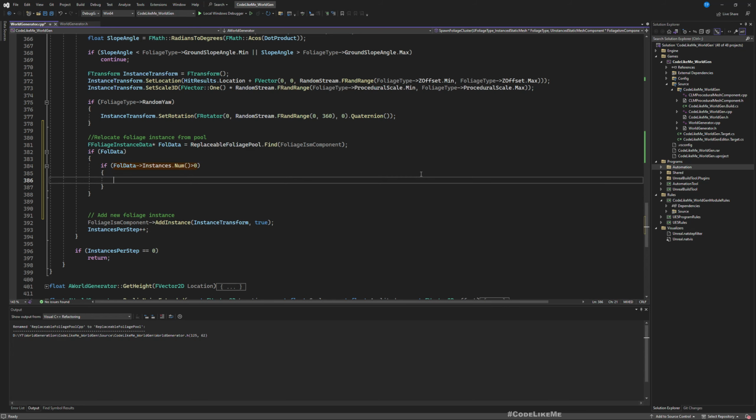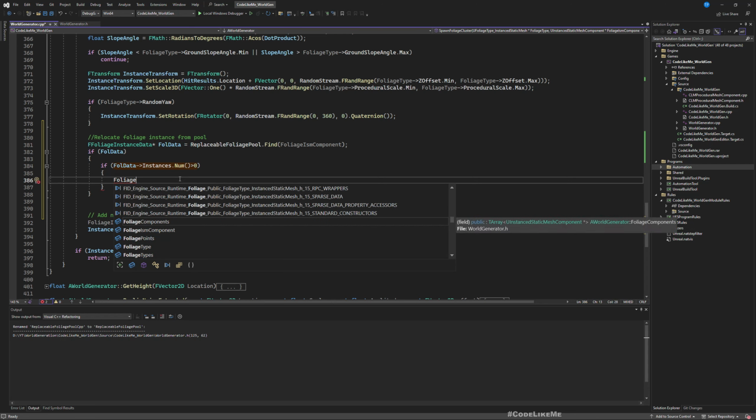That means we have instances that are ready to be relocated. If the number of instances is 0, that means all of them were already relocated. Okay, if yes,